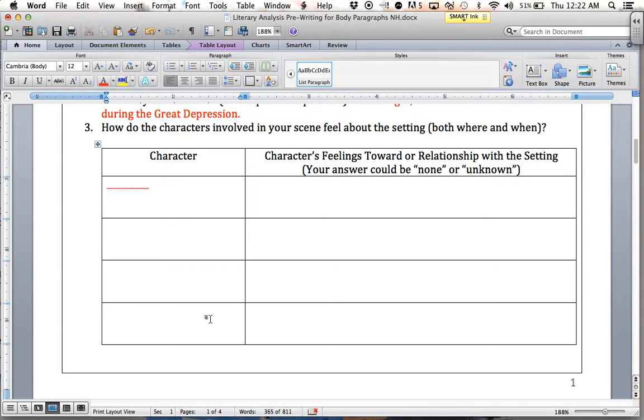All right, so let's take a look at my characters for Marigolds. I have Elizabeth, Joey, Miss Lottie, and then I don't have a 4th character, so I simply will write NA. All right, don't leave these blank. If you don't have a character, write NA. All right, stands for non-applicable. So I want to think about Elizabeth, and I want to think about her feelings or relationship with the setting. So her feelings towards the setting or her relationship with the setting. So for my story,